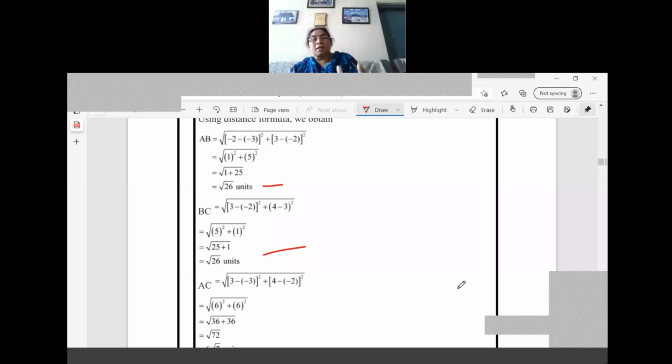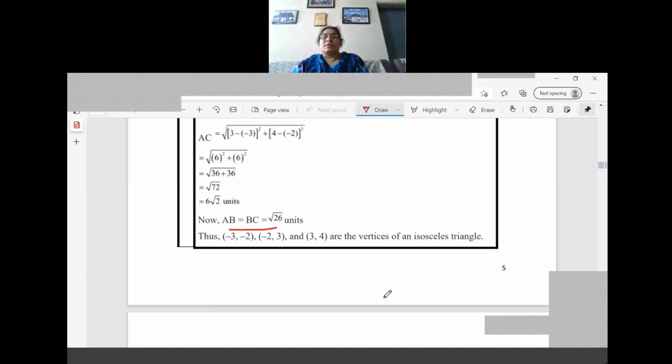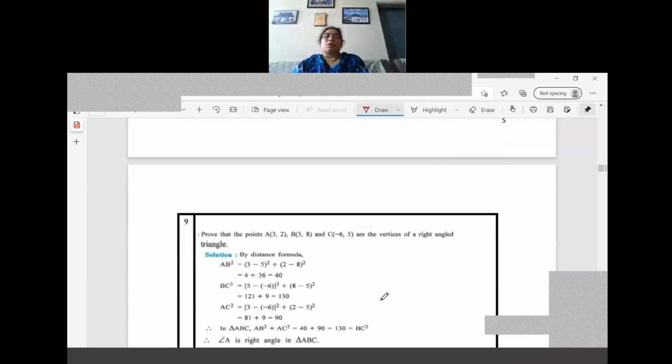What is the length of the unequal side? We don't know which is the equal side and which is the unequal side. At that time, what should we do? We should solve all three and check in the options which is the correct one that you have to mark. That way also the question can be asked. So this is an isosceles triangle because AB and AC are equal, which is equal to root 26. So we can say that it is an isosceles triangle only.